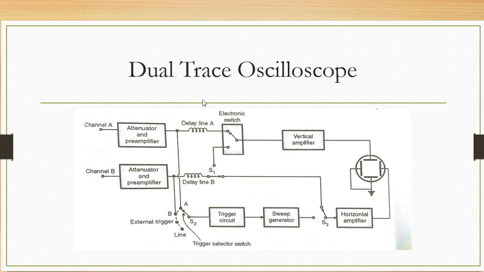So we have to start with this oscilloscope named dual trace. Okay, so if you see, this is the basic block diagram of a dual trace oscilloscope. Whatever oscilloscope we have discussed earlier, that is the single trace oscilloscope, it is possible to observe only one waveform. But in practice, in order to analyze different circuits, we have to compare and observe two or more signals simultaneously. So for that purpose we require a multiple trace oscilloscope. So in this case we have to discuss the dual trace oscilloscope.